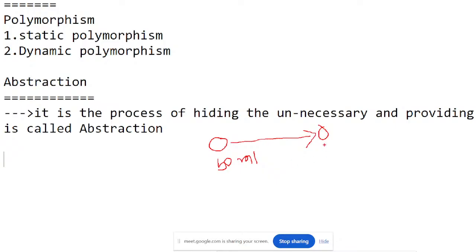In this case, your agenda is only to travel from one place to another. That is the only thing you require. You don't want to know how the car's engine and internal parts are working. So abstraction is the process of hiding the unnecessary data and providing the required